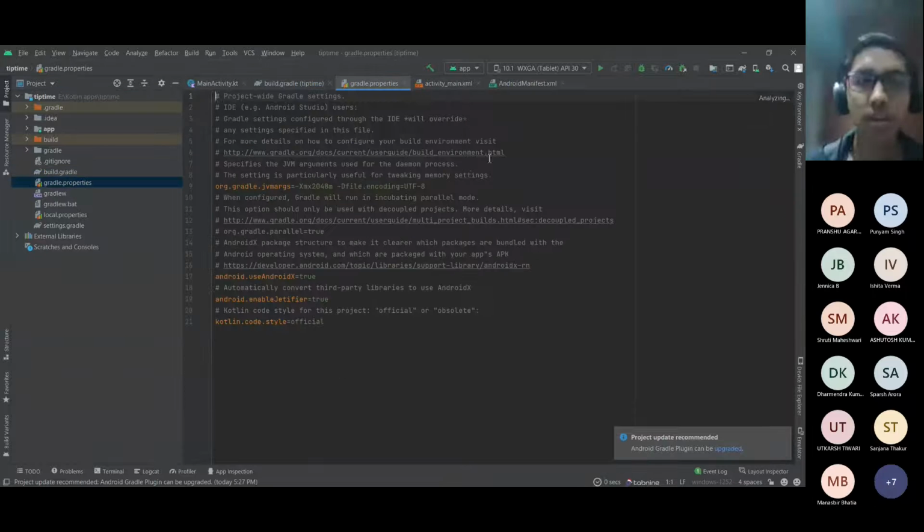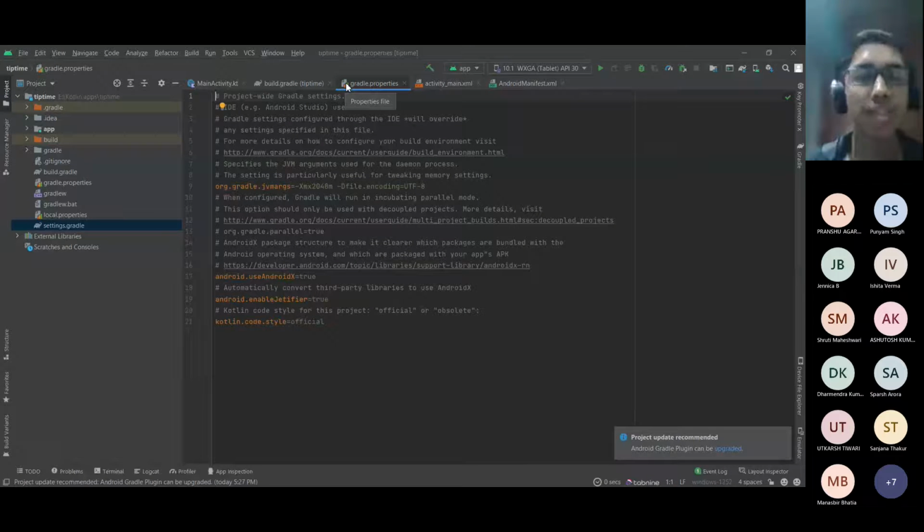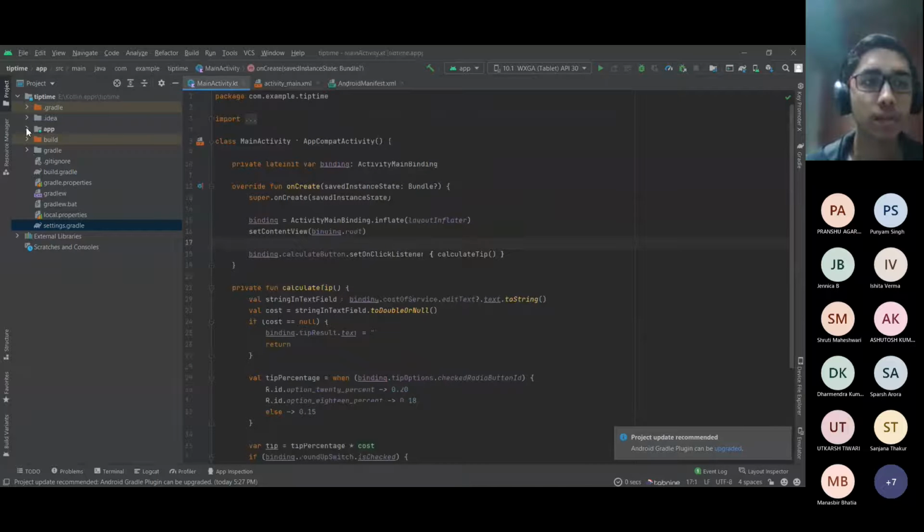Then we've got gradle.properties, settings.gradle. All these things are exactly how we discussed it, but you won't be using it much. You'll mainly be working with your module level build.gradle, and sometimes maybe your project level build.gradle.